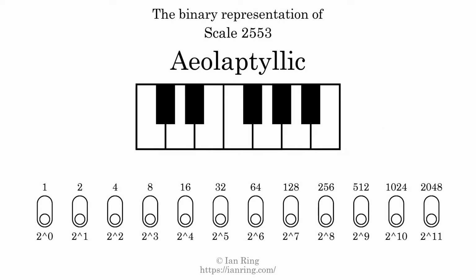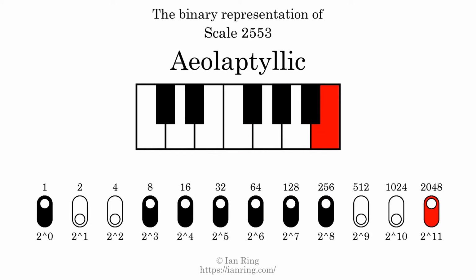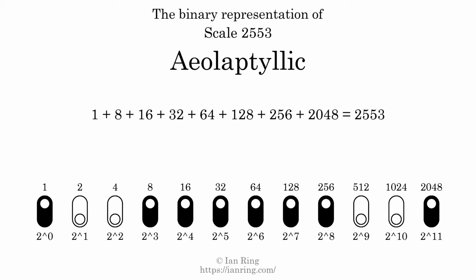The binary representation of this scale is determined by mapping tones of the scale to binary digits. Each binary digit represents a power of 2. To get the scale number, we add the powers of 2 together. The powers of 2 that are present in the scale, all added together, equals 2553. That is why the scale number, in decimal, is